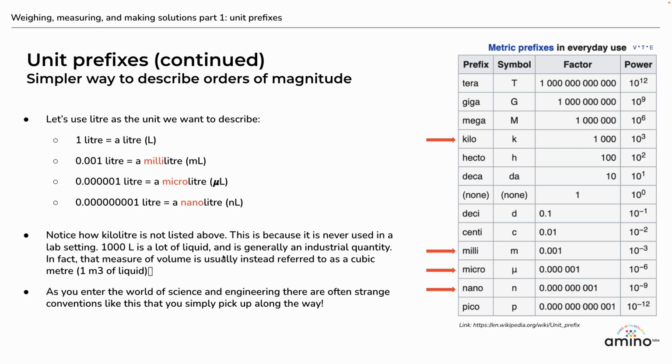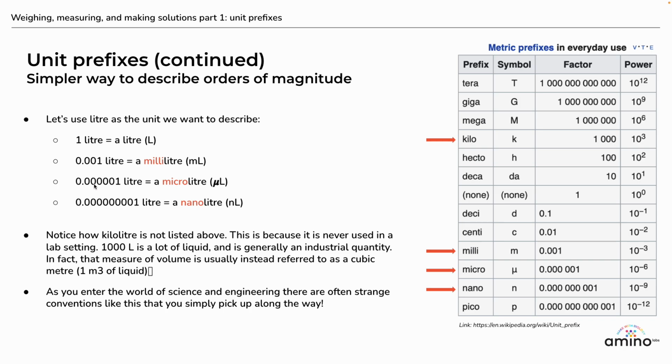If we use liters as a measurement of volume, which is very common in life science, we have a liter, and 1,000 times smaller than that, 0.001, is the milliliter. You could also say 1,000 milliliters equals a liter. If we go down even further, 3 orders of magnitude, or 1,000 times smaller, we get to the microliter,